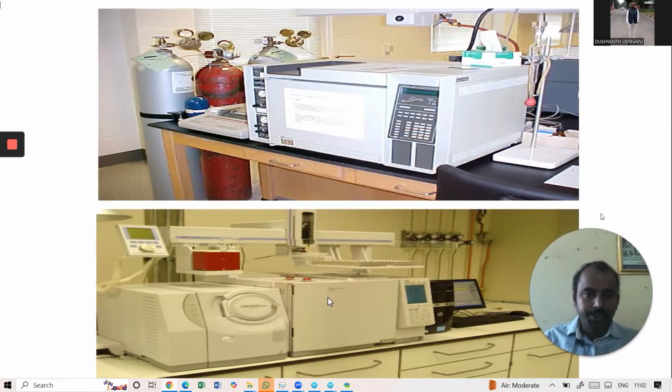You can see different types of gas cylinders here. You have pressure regulators which regulate the input flow of the gas, and this is your system of ovens. So that means how it operates. So again, if you see here, you have something called